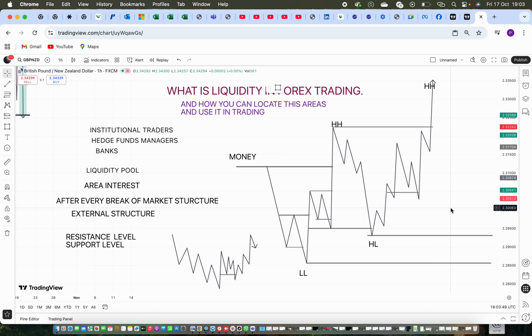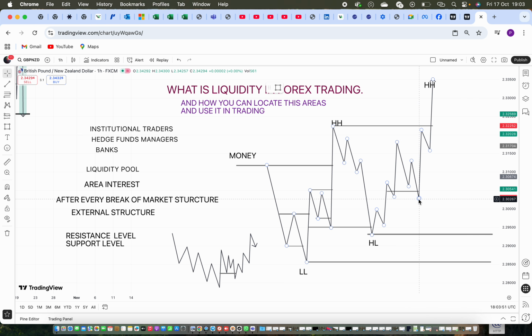Now any other thing that price will be coming down for, it will be around this level you see here, that price will be looking to take out the market's more orders again. So this place will serve as another liquidity pool. And notice this place is now another resistance, because when price will be coming down,